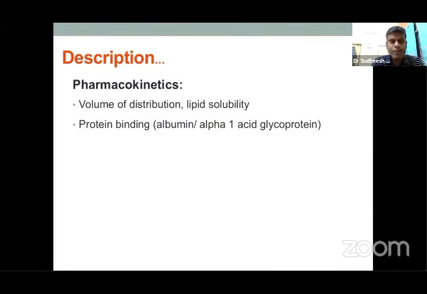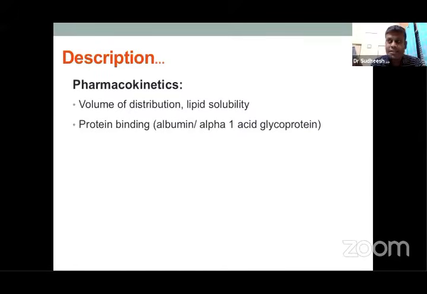Whenever you discuss pharmacokinetics, just imagine, because most of the drugs are either given by inhalation or as IV agents. In our anesthesia practice there is nothing called oral, unless in pre-medication. Proper anesthesia management is basically all about giving the drugs either intravenously or by inhalation. As soon as you give a drug, imagine what happens. The drug gets mixed with the blood and flows to the heart, and from there it gets distributed. It reaches the right ventricle, goes through the pulmonary circulation, comes to the left ventricle, and from there it spreads to all the organs of the body.